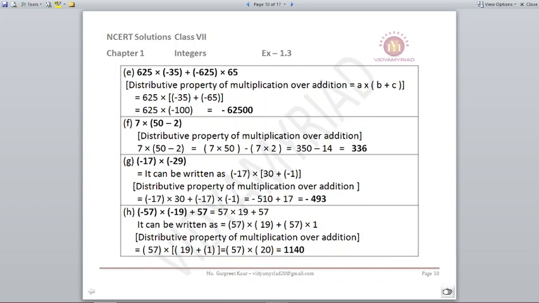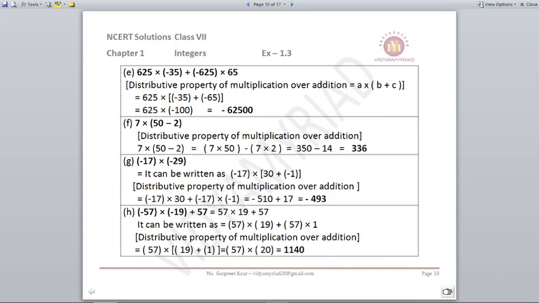Now here you have minus 35 left. I have written minus 35 plus, in bracket, I have written minus 65. Here is the case problem. Why did I write minus 65? Because in the second group there was minus 625. I took out only 625. Minus is still inside, so inside it will remain minus multiplied by 65, which is minus 65.